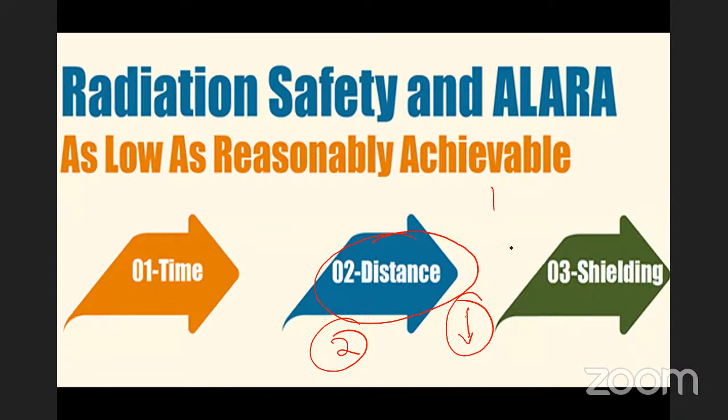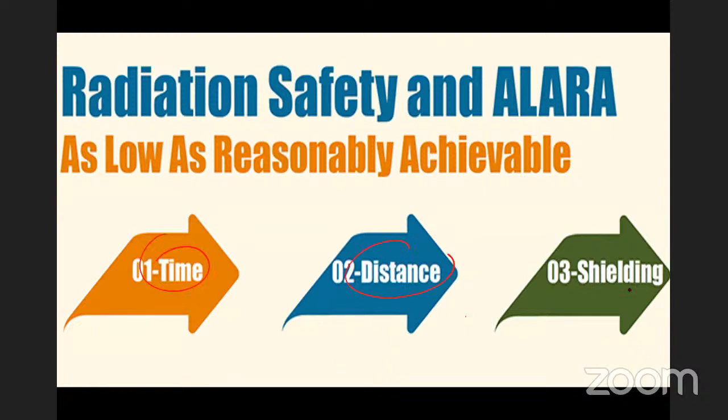It's the inverse square law. The exposure is inversely proportional to the square of the distance. It is always the square. So 3 times the distance means you are reducing the dosage 9 times. This will be one of the MCQs. They might ask you which are the main principles in radiation: time, distance, and shielding. Very simple. Whenever we are exposed to X-ray, we should not stay longer, we should stay as far as possible, and we should shield.